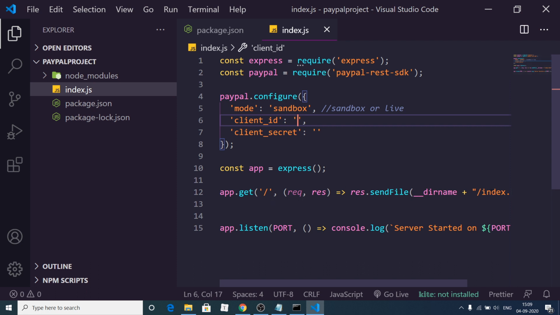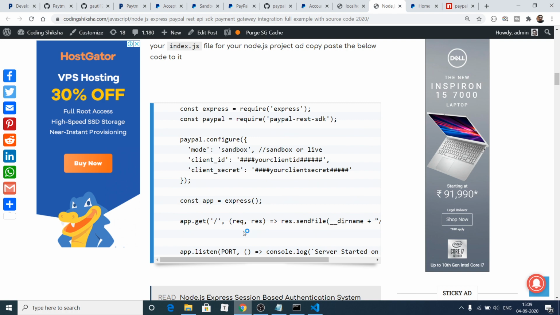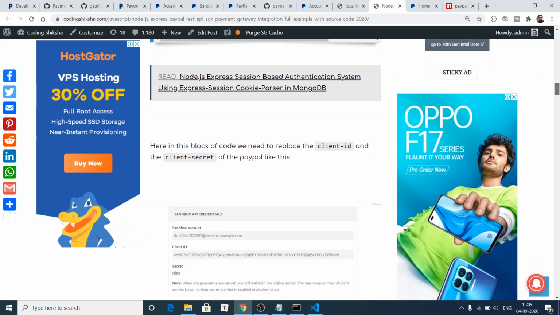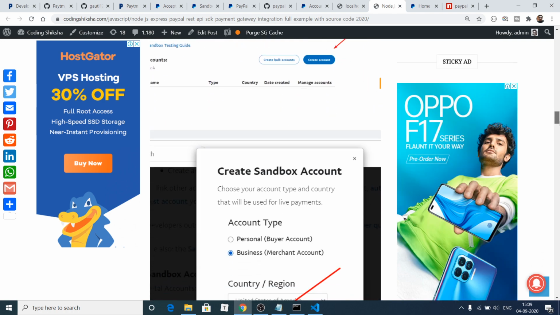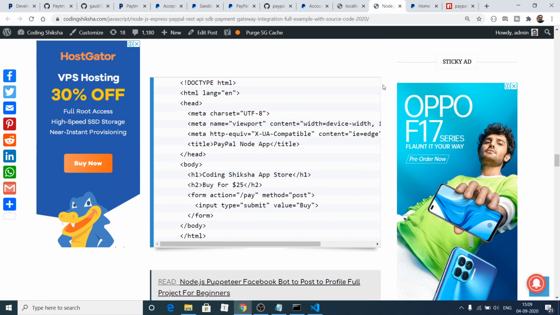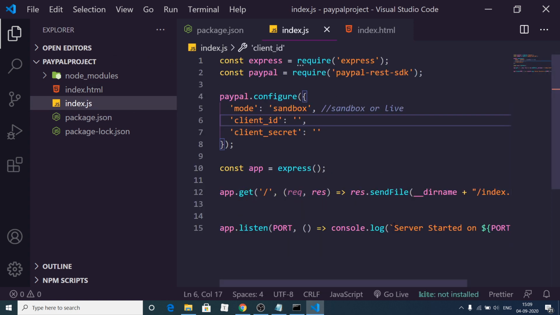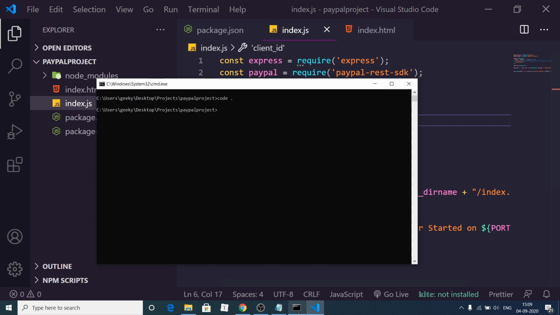And then we are loading this index.html. So let me just create this really quickly. So inside this we will create that index.html. So this is just a simple HTML code. So right here you will copy this HTML code here. So paste it here, right here. So if you open your project here, npm start, you will see it will start your application at port.